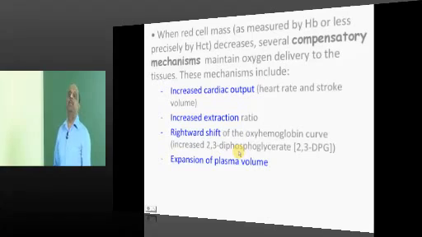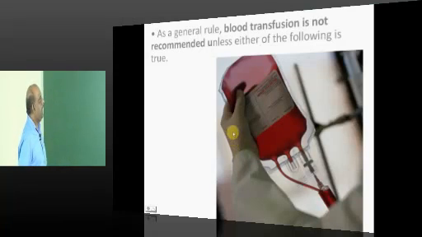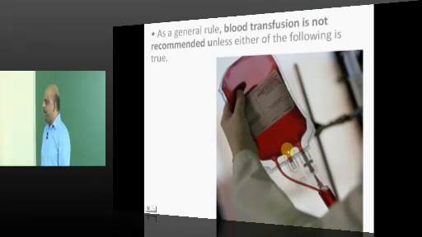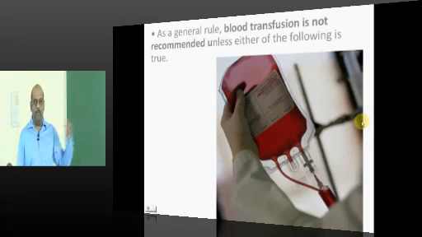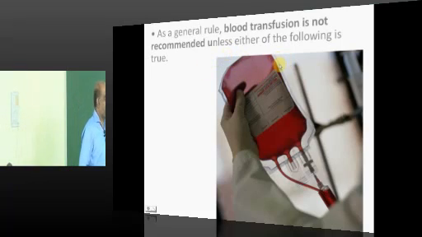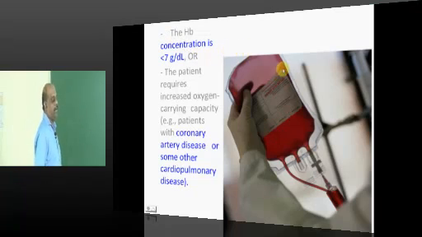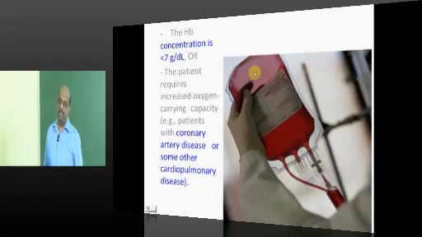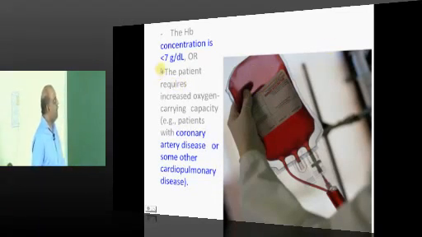Bone marrow will try to compensate by producing more plasma whenever we have anemia. When an anemic patient comes to you, do you want to immediately take 2 liters of blood and put it into her body? Generally, blood transfusion is not required. So when do you require it? Blood transfusion is a very common sense question as a house surgeon. When shall I order blood and give it to my patient? If the hemoglobin is less than 7.